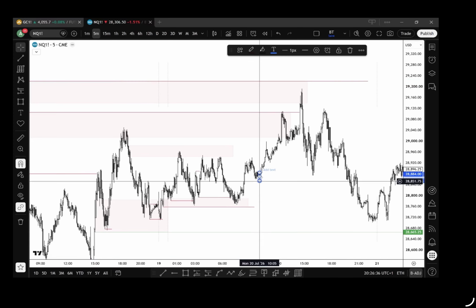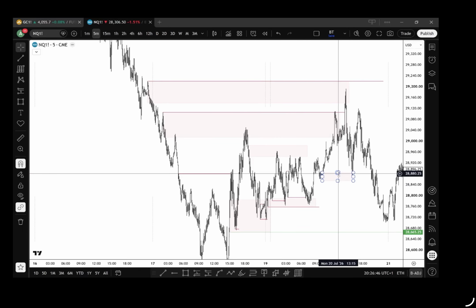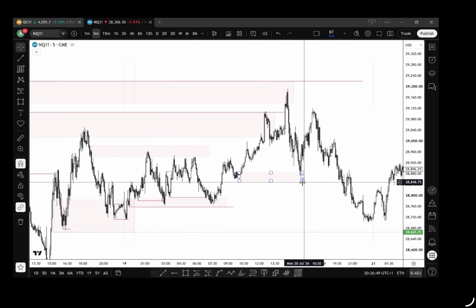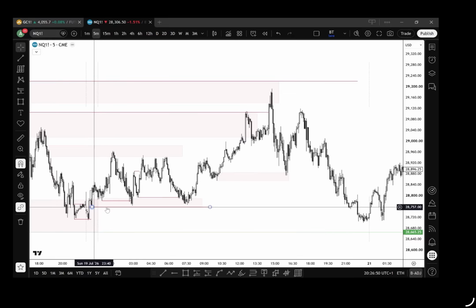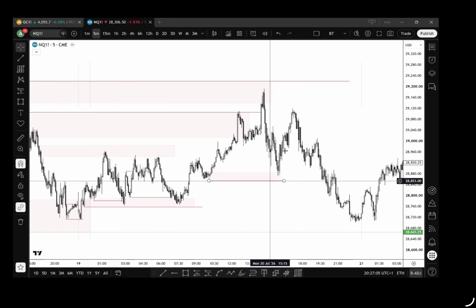Okay, nothing I'd be taking, even though this is an LB. I'm not looking to take a buy here yet. I'm looking for buyers to get trapped fully, and I was waiting for these lows to go below. Okay, so these were our London and Asia lows. So nothing that I took on Monday, and I will only take clean setups on Monday. So we come to these lows, we respect it, and we move away.